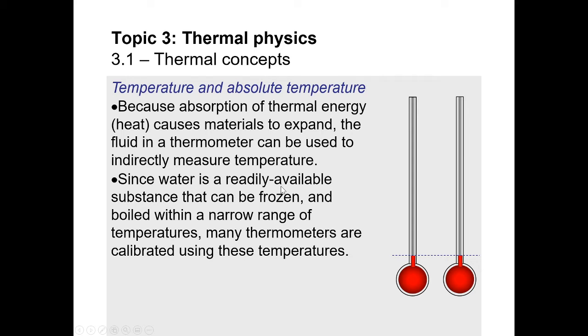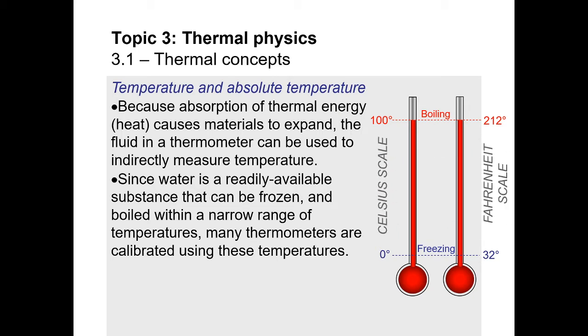Now, whatever the thermometer is made out of, it is usually calibrated with water so that it shows you the freezing point at 0 degrees Celsius and the boiling point at 100 degrees Celsius. Now 0 degrees Celsius is 32 Fahrenheit, 100 Celsius is 212 Fahrenheit. We don't really need to care about the Fahrenheit scale. We really are going to worry about the Celsius scale and a new unit of measuring temperature, which we'll be